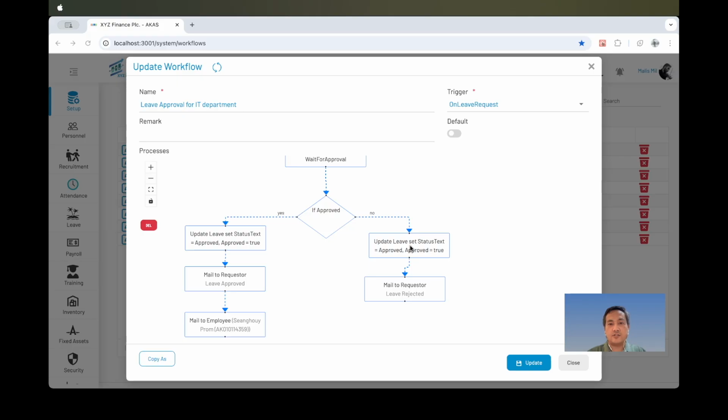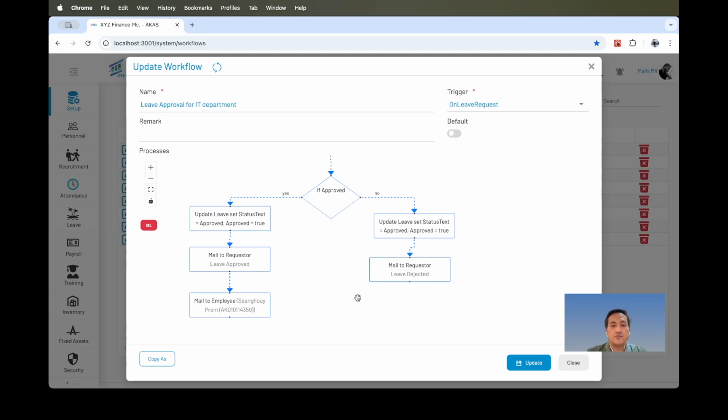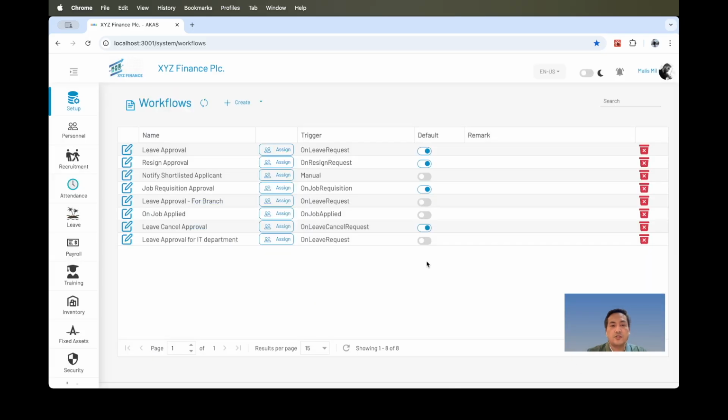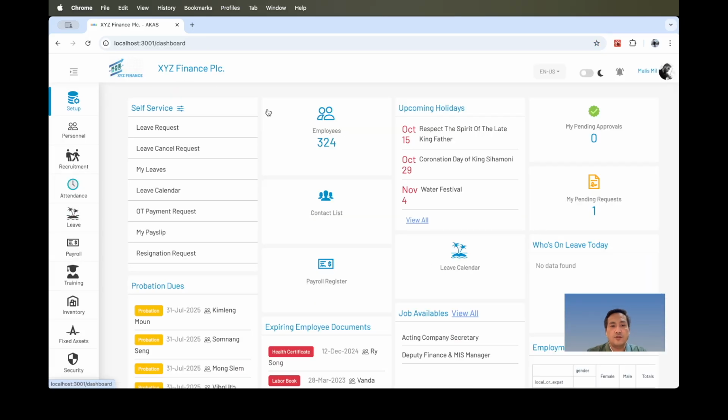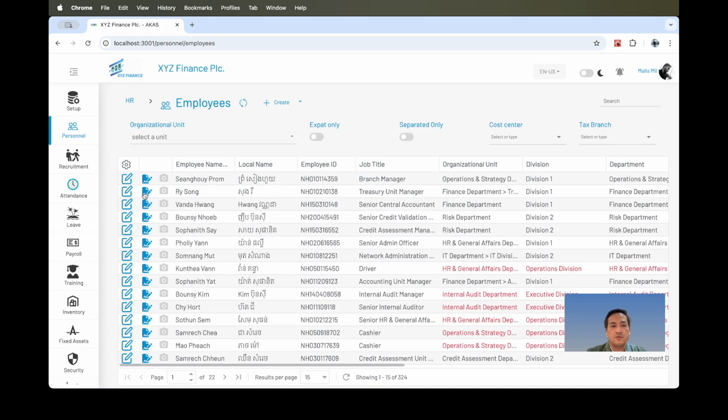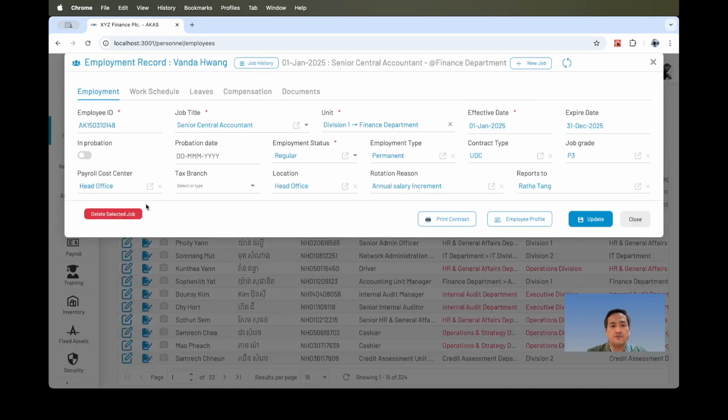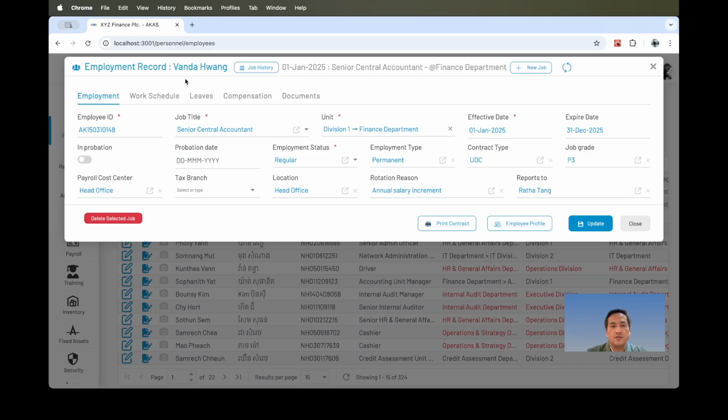And I think it is very useful to discuss more the relationship of the supervisor and head of department, how the flow detects these things. So for the supervisor level, the system will capture information from this field. This means this employee is now reporting to this employee. That's simple.